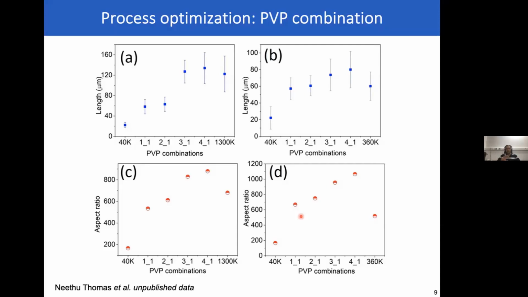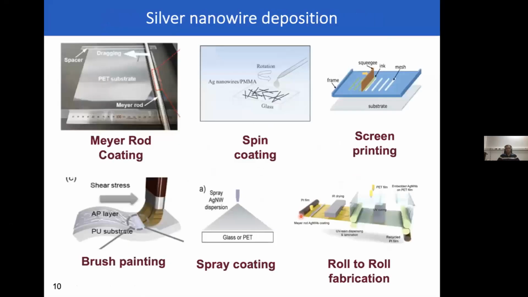So we can now control this aspect ratio over a wide range. Not only are we making nanowires in the lab, we also purchased commercial nanowires so that in parallel we could investigate these. Many of the results that I will be showing you in the subsequent slides are based on these commercial nanowires. But the goal is that maybe in a year or two, we will all have in-house nanowires that we can use for our research work.